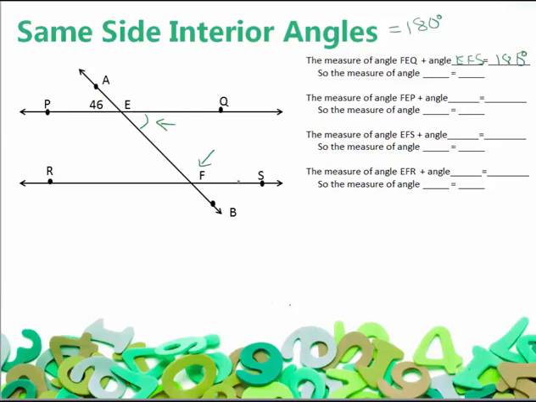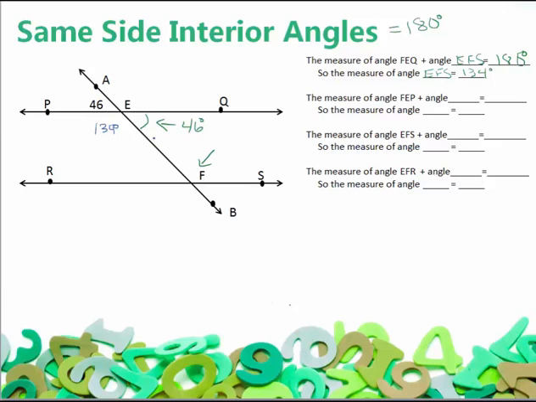Well, if I know they equal 180 degrees, I can determine what angles equal. For example, this one is 46 degrees because it's a vertical angle. And since I know that this transversal is made up of this 46 degree angle and this angle here, EFS, I know that the measure of angle EFS must equal 134 degrees. Because again, we have the straight line theorem, and these 2 equal 180. If I look at angle FEP, I know this one equals 134 degrees. Because that equals 46, again we have a straight line, those 2 angles are adjacent, they make a straight line,